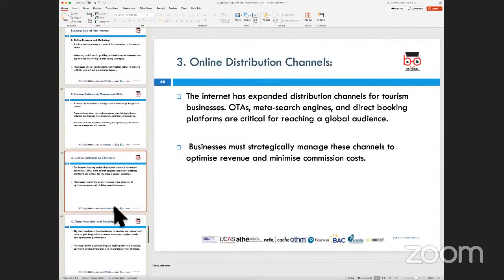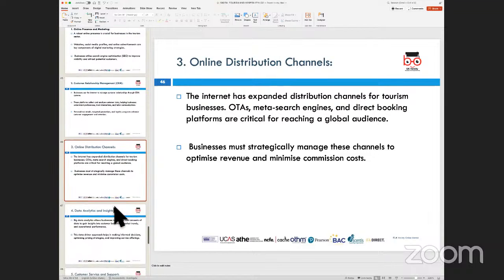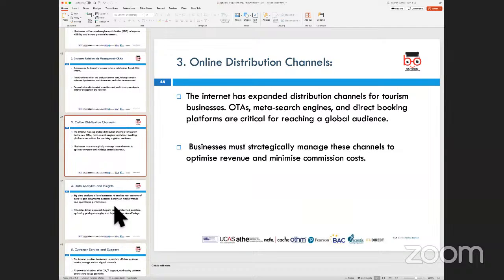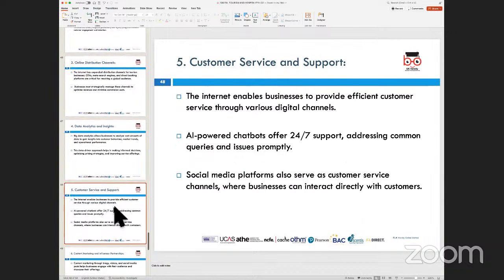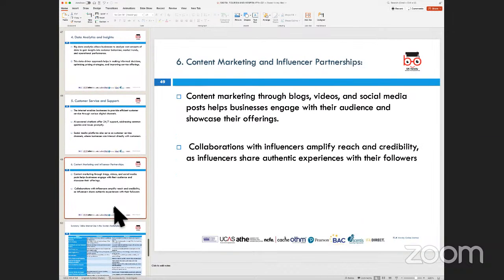The use of online distribution channels, which is connected, connectivity across various different properties, whether it's hotels, airlines, travel operators, or transport companies, things like that, making it easier to optimize revenue and obviously minimize wherever duplication of work is required to be done. Now, data analytics, customer services and support, and obviously influencer marketing in certain places, which is now being used. If you look at some of the tourism packages which